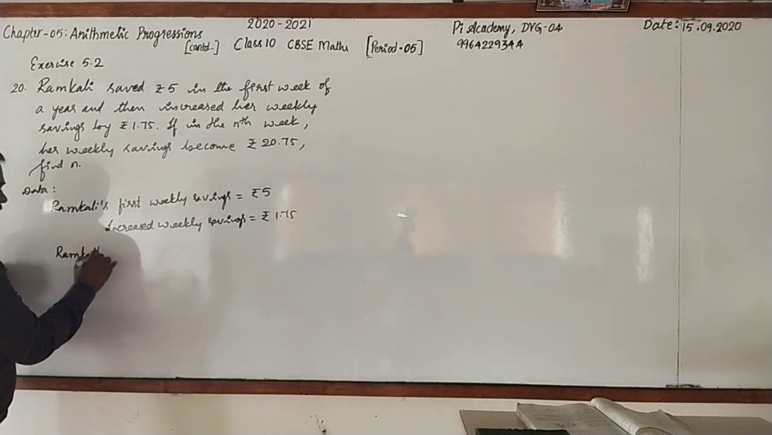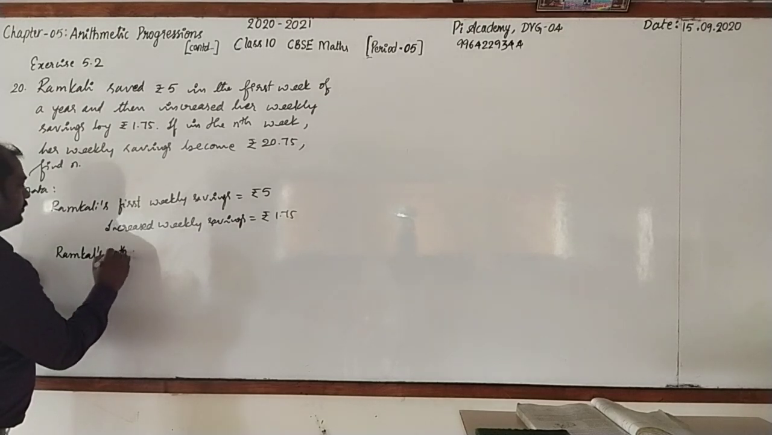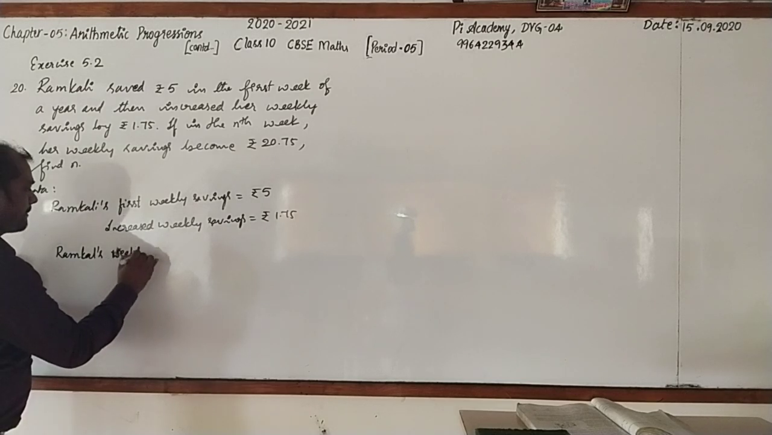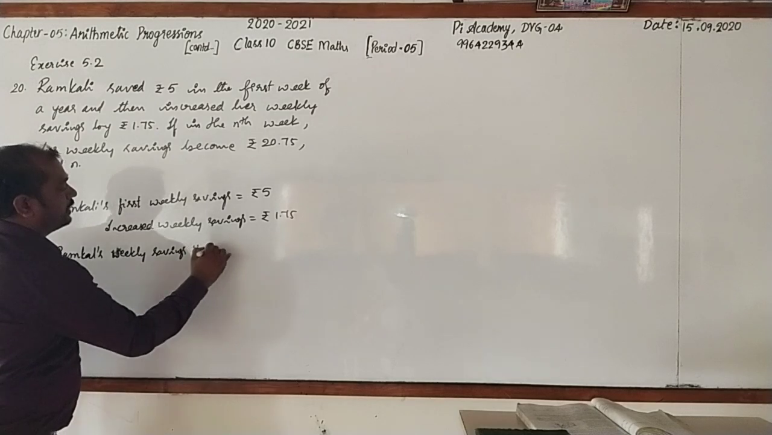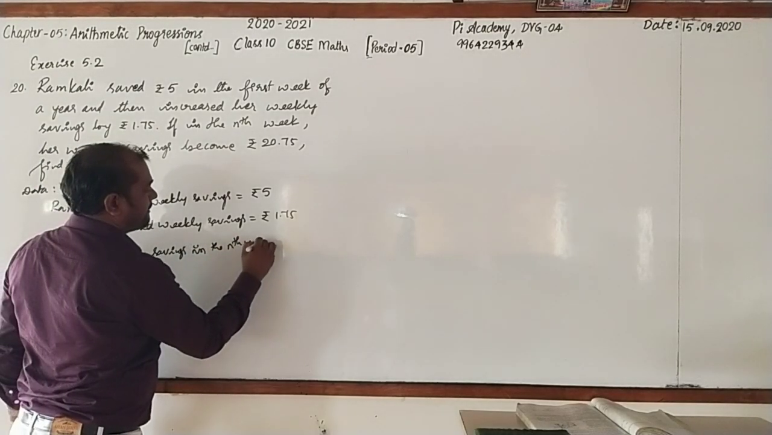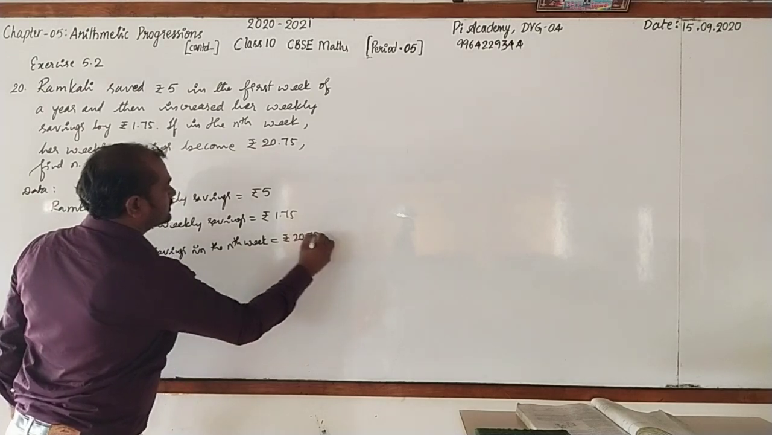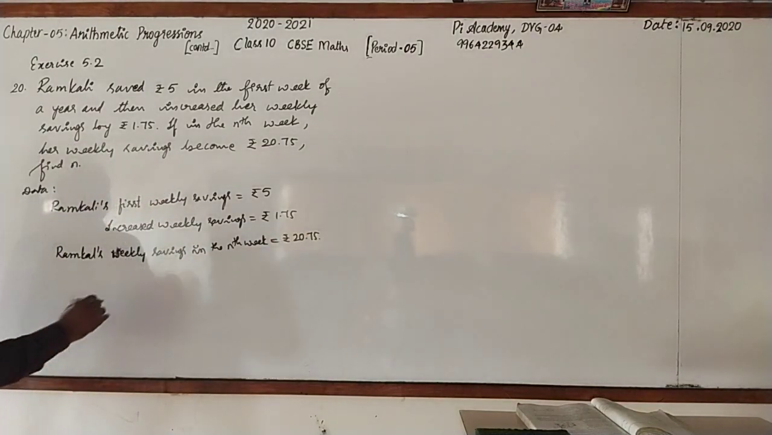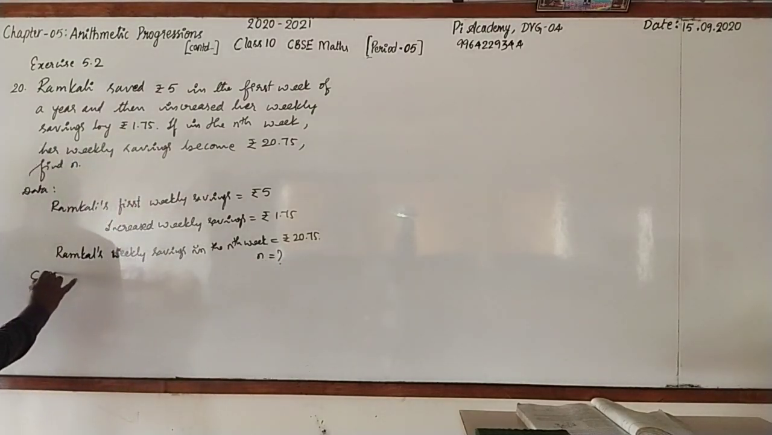Ramkali's weekly savings in the nth week is equal to ₹20.75. We have to find out n. Here I'll write calculation. From the statement,